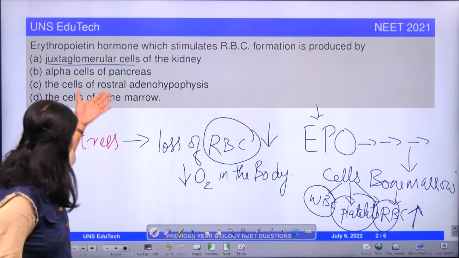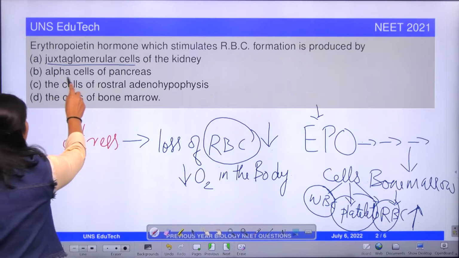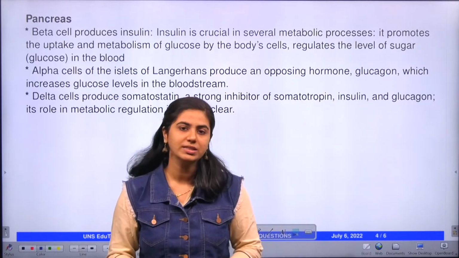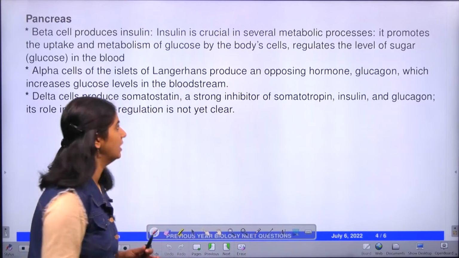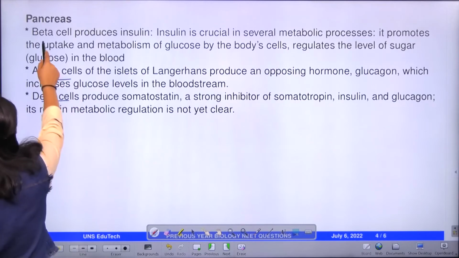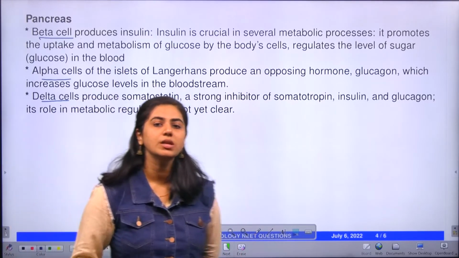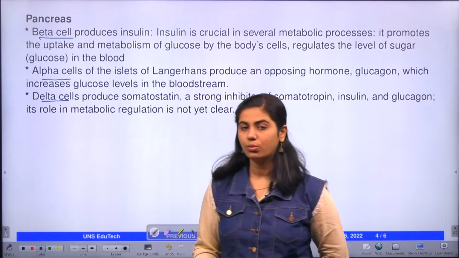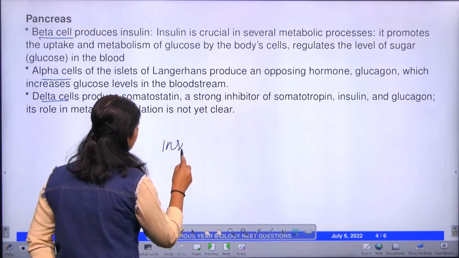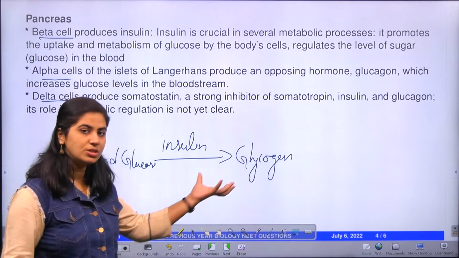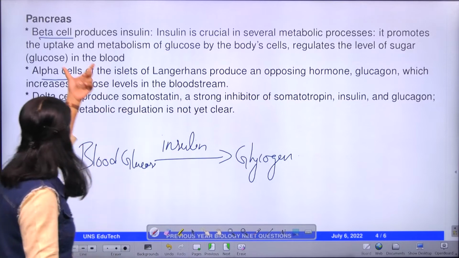But before going to the answer, let's understand the other three options, because the second option is alpha cell of the pancreas. The pancreas has a group of cells called islets of Langerhans. This islet of Langerhans has three types of cells: alpha cells, delta cells and beta cells. Beta cells, you may know, produce insulin. What's the function of insulin? Insulin helps in the regulation of the amount of sugar present in the blood. Insulin converts blood glucose into glycogen, or it will remove the glucose in the blood and store it in the liver in the form of glycogen. So this insulin is secreted by the beta cells of the